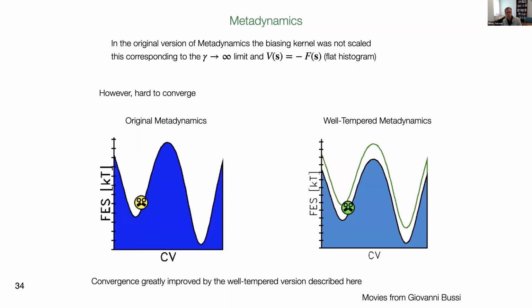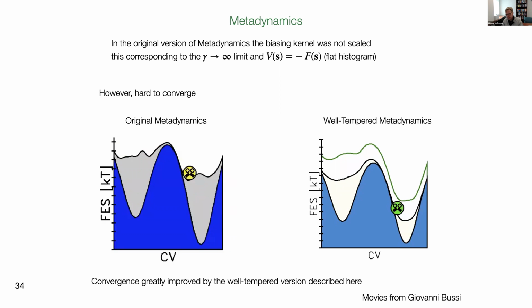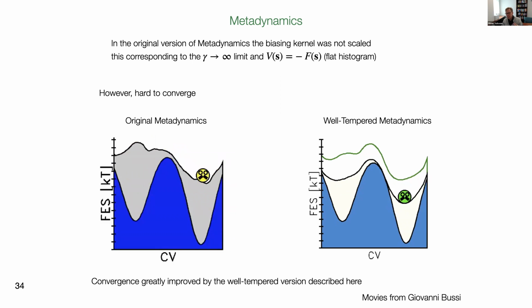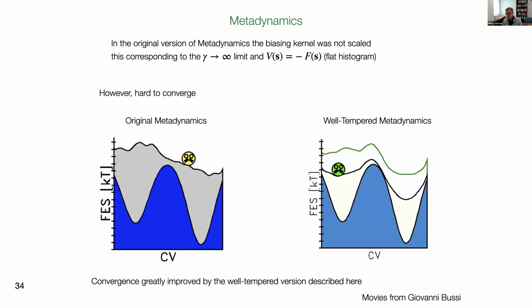To say, in the original version of meta-dynamics, the bias kernel was not scaled. This corresponds to the limit of the bias factor going to infinity and a flat histogram, and this is generally hard to converge. So normally I would recommend using well-tempered meta-dynamics, because it has better convergence properties